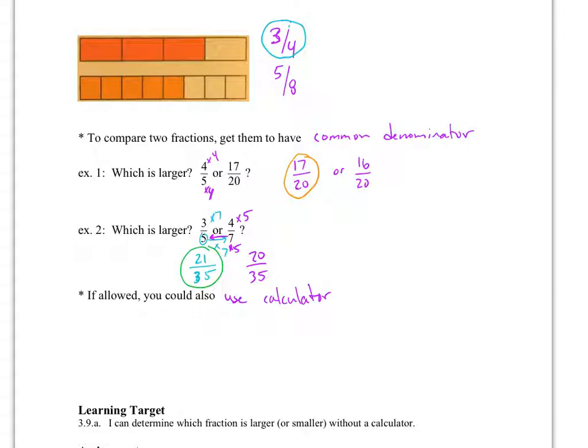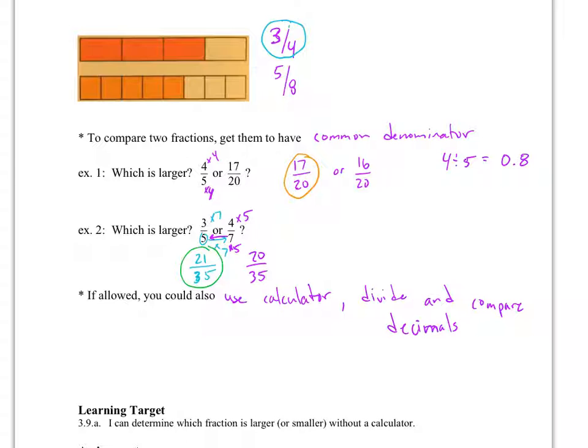Use a calculator and divide, and compare the decimals. So, which one's a bigger decimal number? If you did 4 divided by 5, what do you get? If we did this top one, example 1, 4 divided by 5 equals